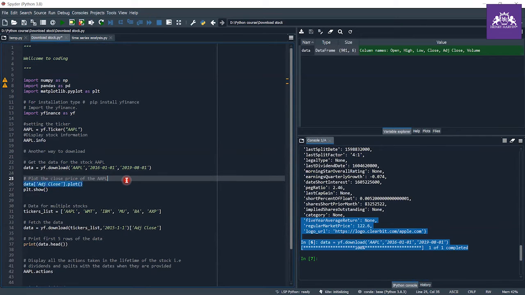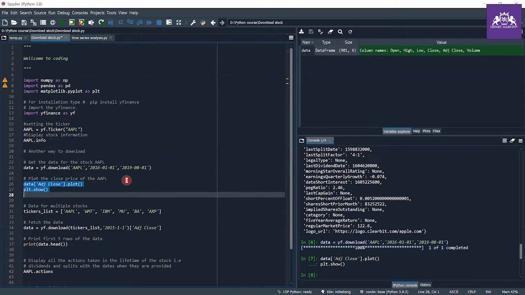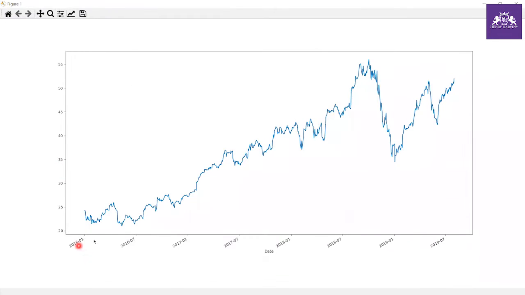Next, here I'm trying to plot the closing price of it. So that's how this closing price looks based on the time frame, and this closing price is increasing, going down, increasing, going down, and something like that.